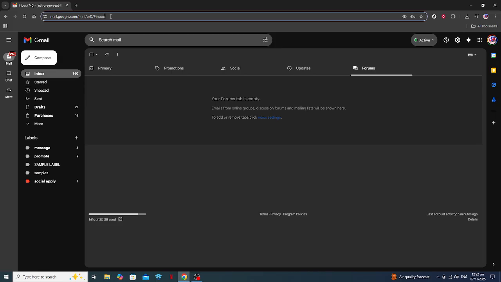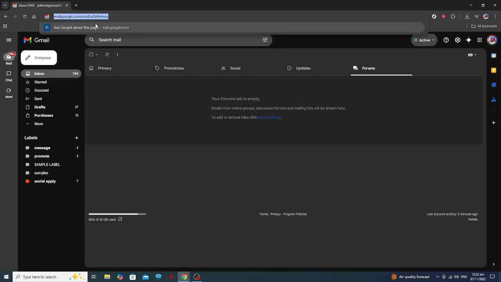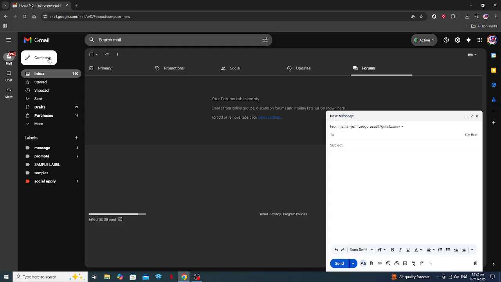Now, log into your Gmail account using your preferred web browser. Once you're logged in, locate the Compose button, usually found in the upper left corner of the Gmail interface, and click on it to start drafting a new email. This will bring up a new message window where you can enter the recipient's email address, subject, and any message